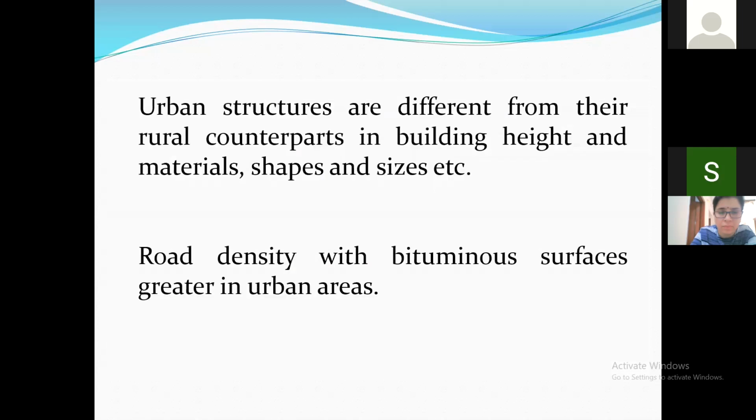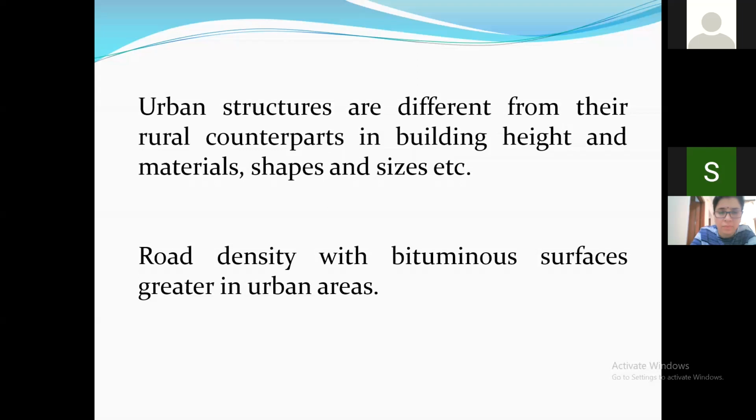Now urban structures are different from their rural counterparts in building height and materials, their shapes and sizes, etc. Generally, if you go to a city center, or in Western countries, you have this concept of what is called the CBD, or the Central Business District. If you go there, like we have our area near Connaught Place, the buildings are generally high-rise buildings, and then